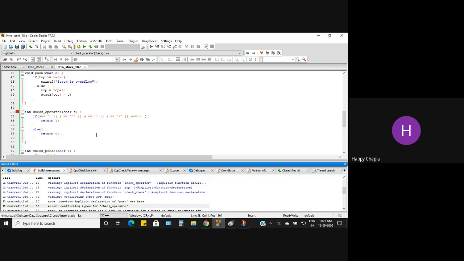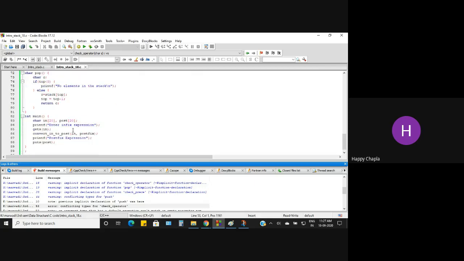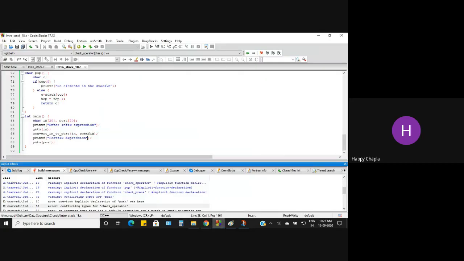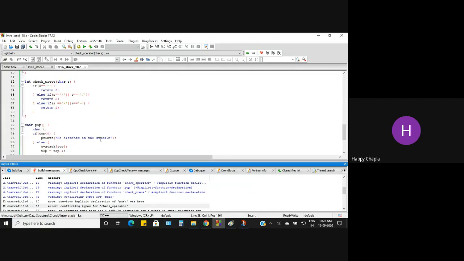Okay, where is the call of check operator? Function call. Where is the function call of check operator, above in your infix to postfix program?